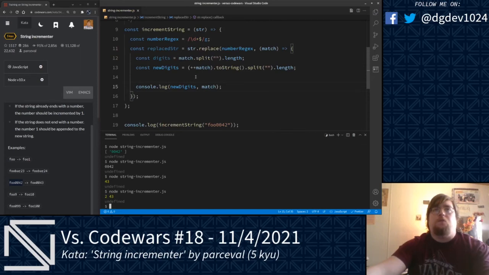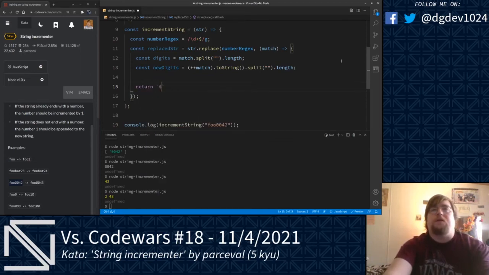Yeah, so what we're doing here, we're doing a pre-increment operator on our match to add 1 to that before we work on it. We take the modified integer, convert it into a string, split that into its individual characters, and get the length of the resulting array. So what we can go ahead and try here is